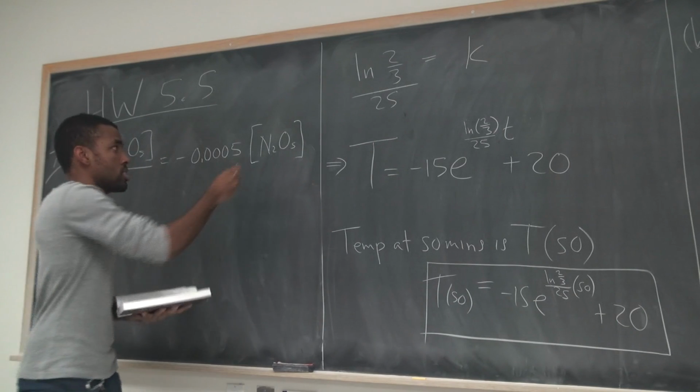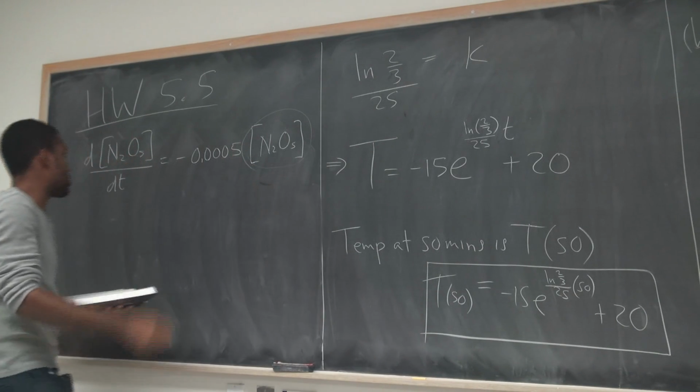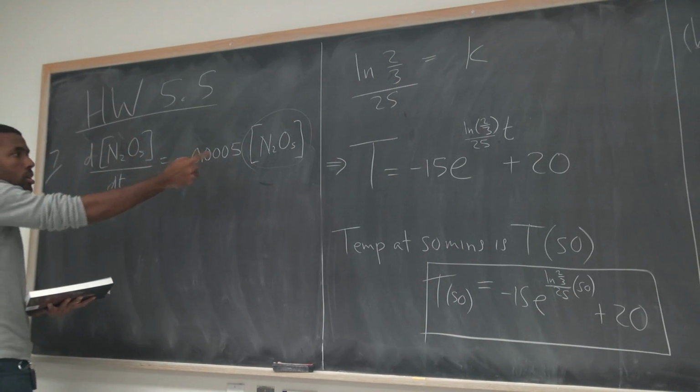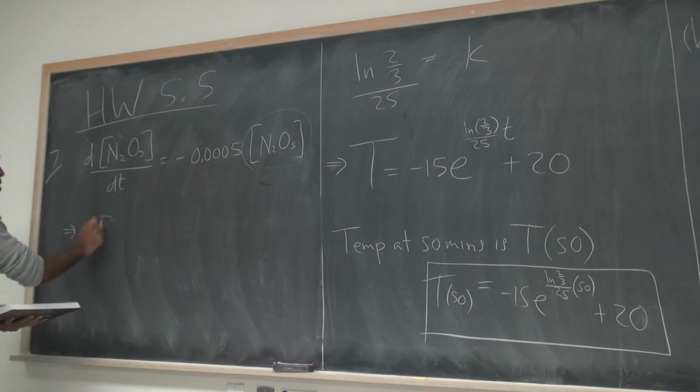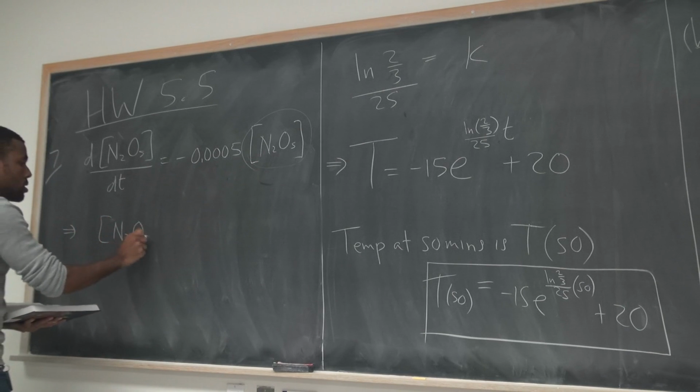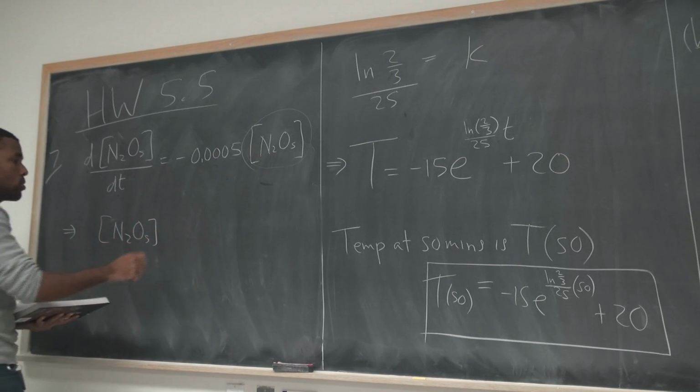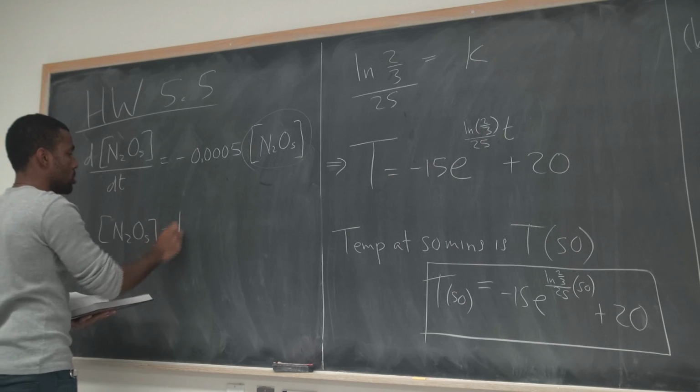The trick here is you're just thinking of this guy as the variable. It's sort of like dp/dt equals a constant times p. It's the same idea. So I know that this guy, which is the concentration of N2O5, is equal to